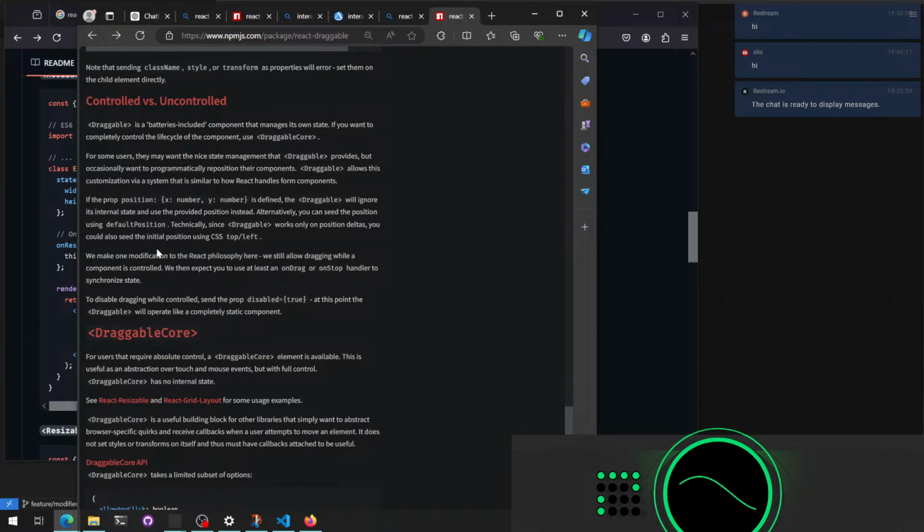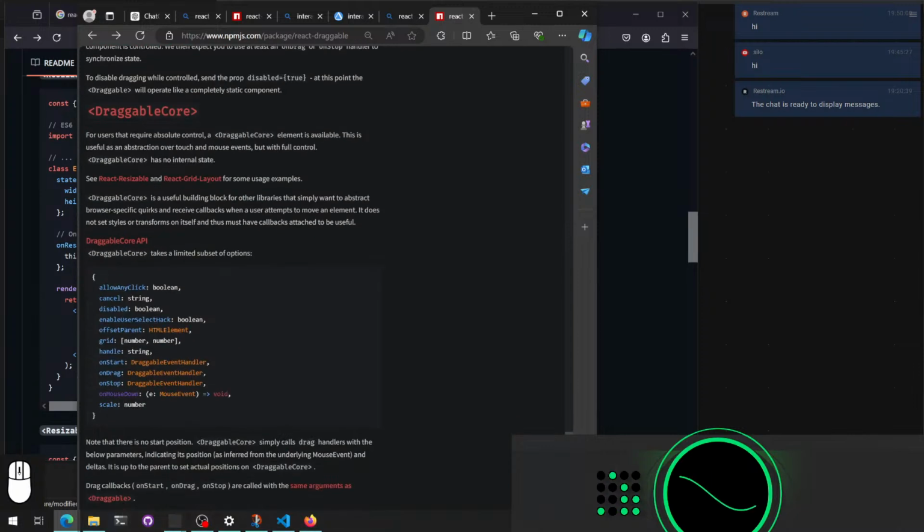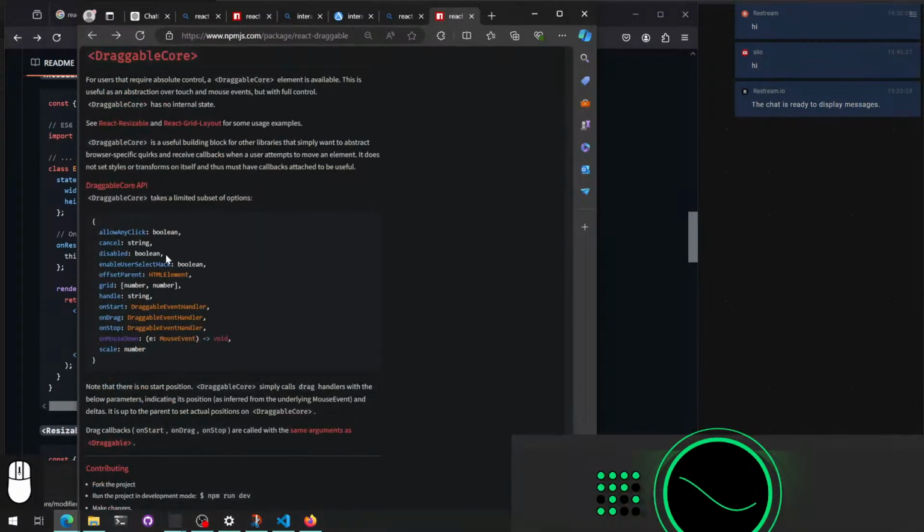You could also set the initial position using CSS top left. Okay. For controlled components, we expect you to use at least an on drag or on stop handler to synchronize state. No, this may not be that bad actually,